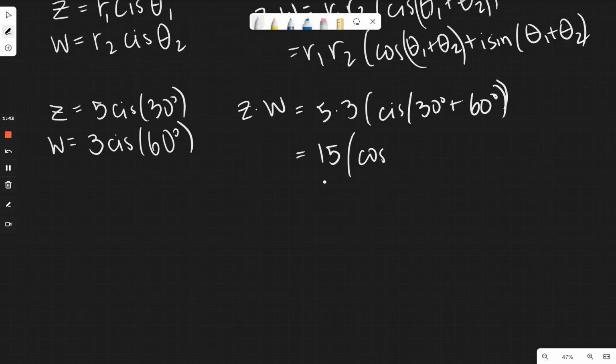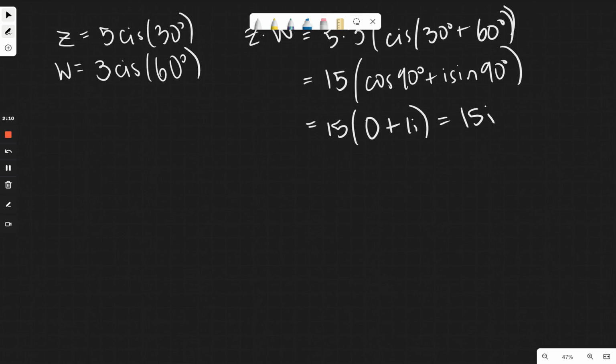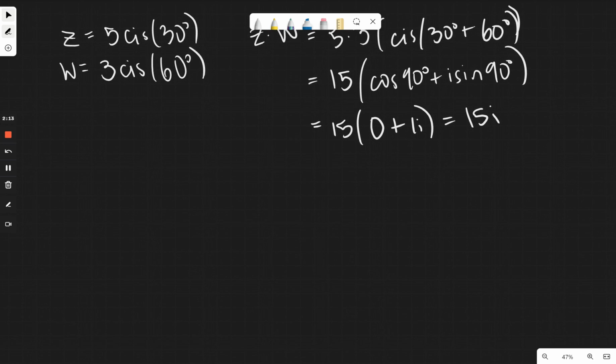So cosine of 90 degrees plus i sine 90 degrees. And so this is just 15 times, cosine of 90 is just 0, plus sine of 90, which is 1, so plus 1i, and so this is just 15 times i. So the product of these two complex numbers is just 15i. And so if you were to multiply out these complex numbers in their normal complex form, I guess, in the Argand plane, like a plus bi, you'd also get that the answer was 15i,